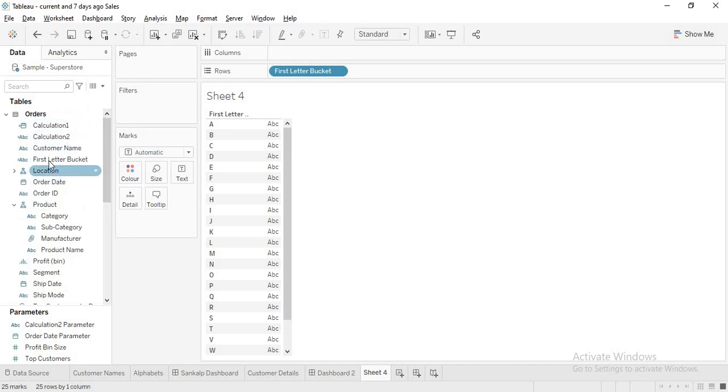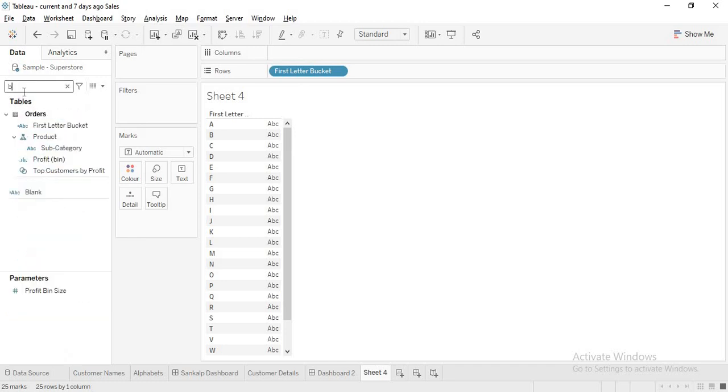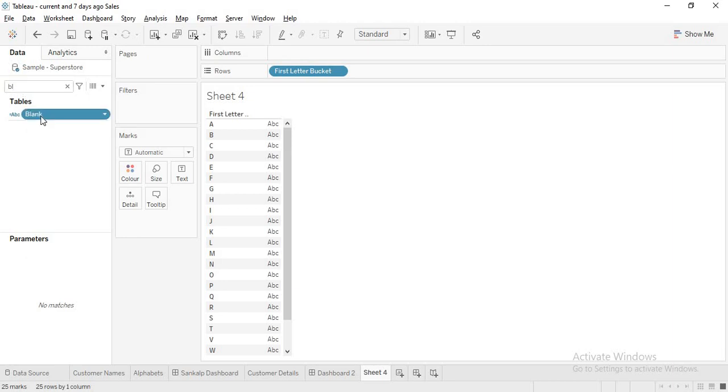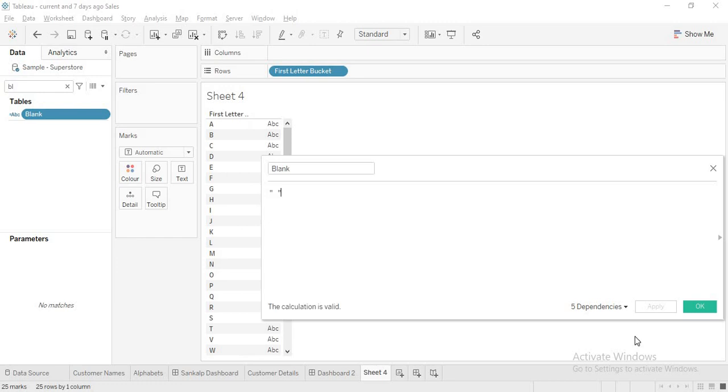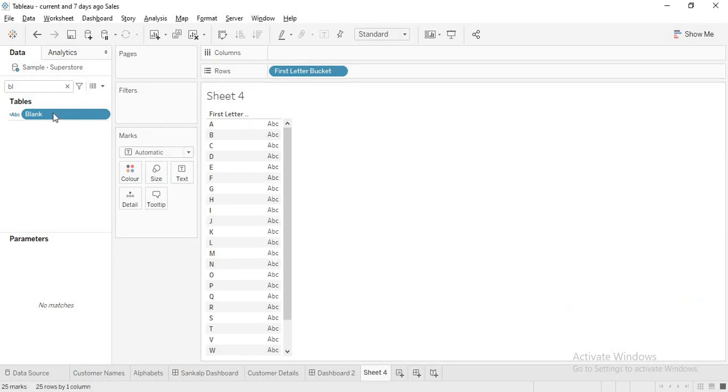There is this blank; let me search for blank. See, this is a very simple calculated field with single quotes with a space in it. Just to remove this ABC that is showing, I'm dragging this to text.